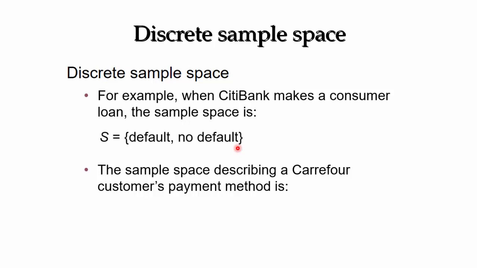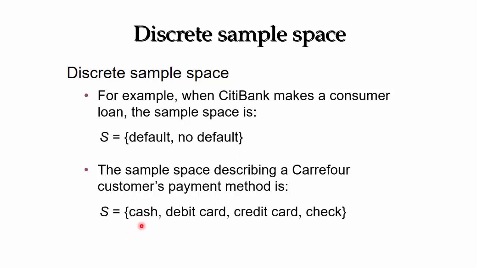Well, let's take another example of a grocery store where people come up to pay. So there are different ways in which payment could be made, either by cash, debit card, credit card, or check. Now these, again, are discrete because you can count the number of people who pay by cash, count the numbers by debit cards, count the numbers by credit card payments, and how many of them by check payments. These are also examples of discrete sample space.